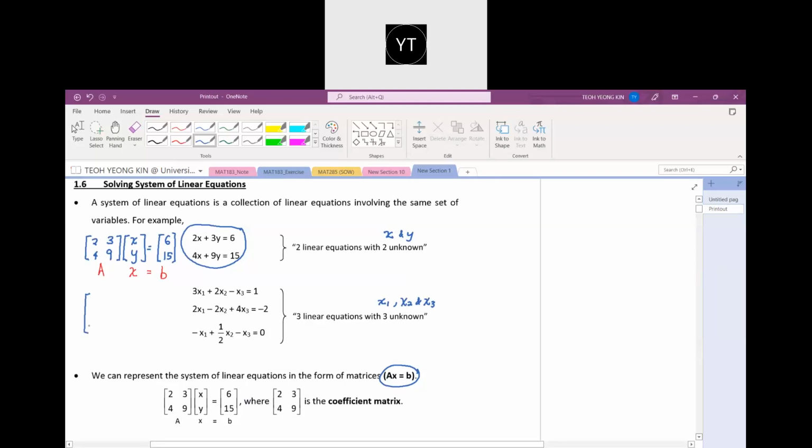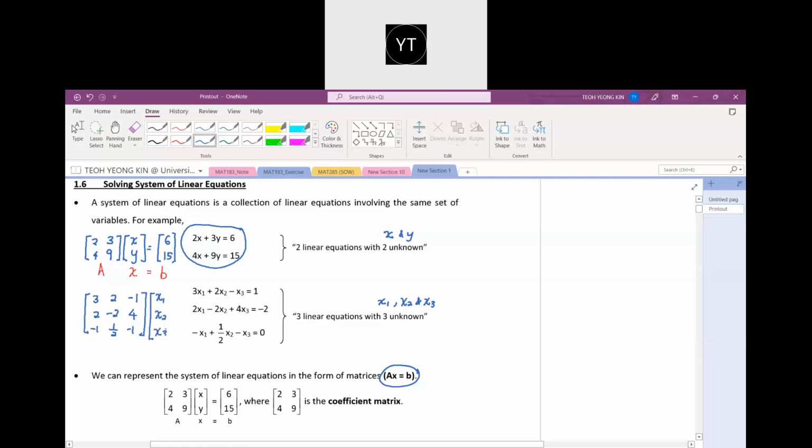The first entry will be 3. Second entry is positive 2. Entry yang ketiga ni adalah negative 1. Second row, 2, negative 2, and positive 4. The third row will be, this is negative x1. Negative x1 ni maksudnya negative 1. And then 1 over 2. And finally, negative 1. And the variables will be, dia punya pemboleh ubah adalah x1 untuk kali ni lah, x2,